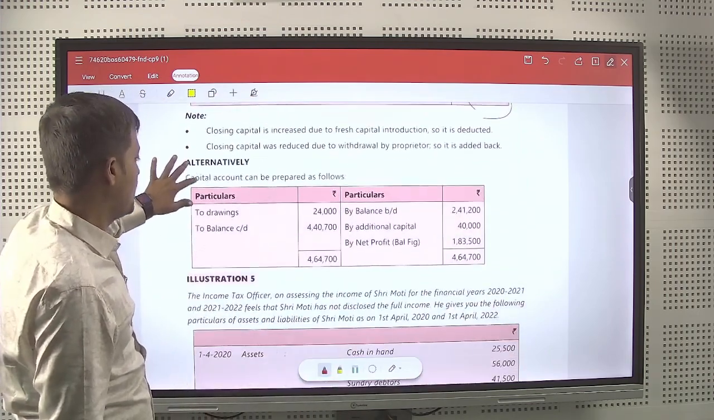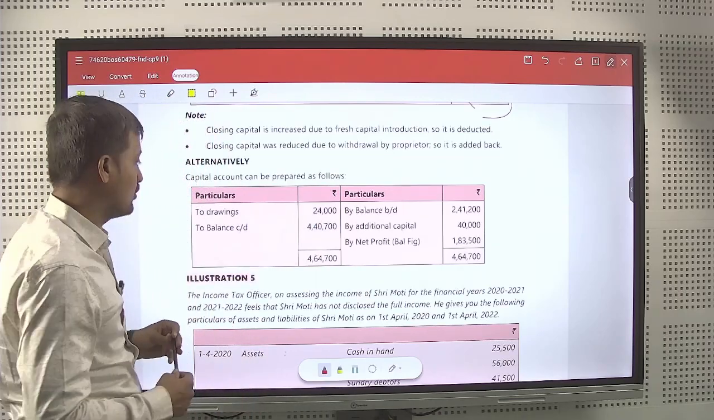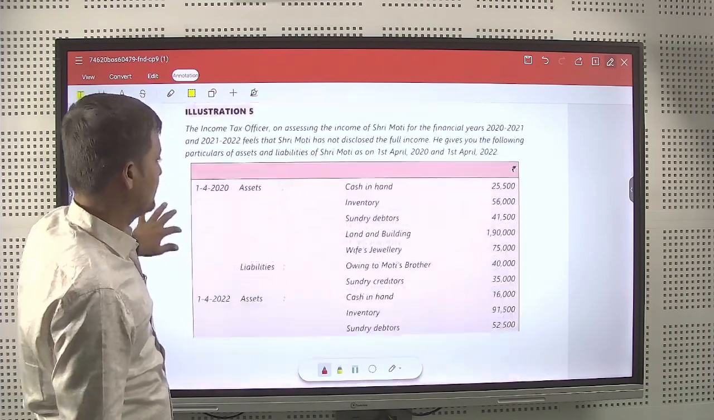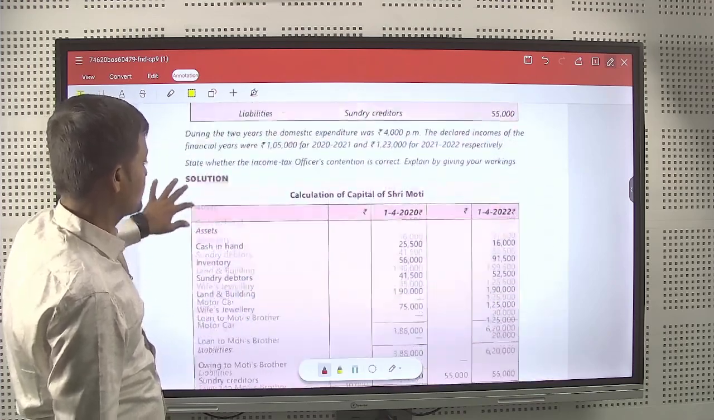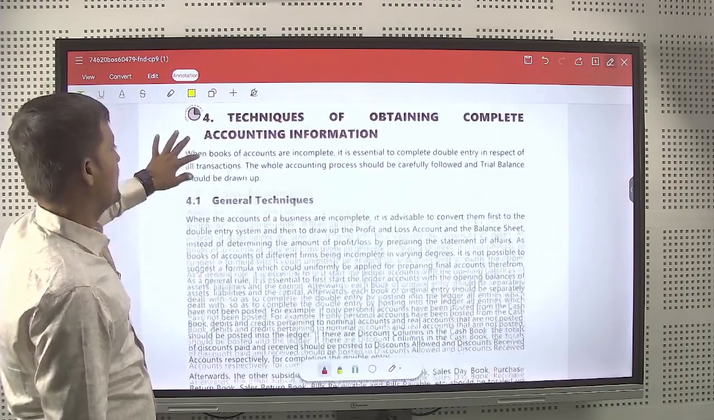Next, alternatively, this can also be done by preparation of an account. I said about this earlier also. Like this, there are many other problems. Now, next is